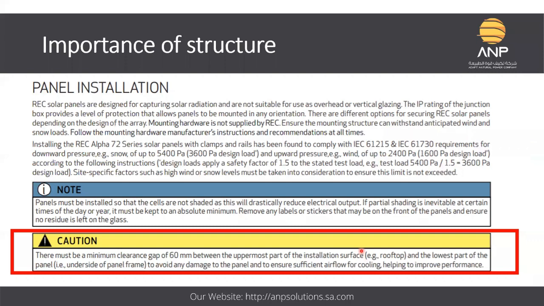If you do not maintain this 60 mm gap, the disadvantage is that temperature losses will be more. But the main disadvantage is that if anything goes wrong with your solar PV module, you will not be able to claim the warranty. So you have to take care of two things while designing the solar PV module structure: first, you have to follow the standards, and second, you also have to follow the guidelines given by the manufacturer.